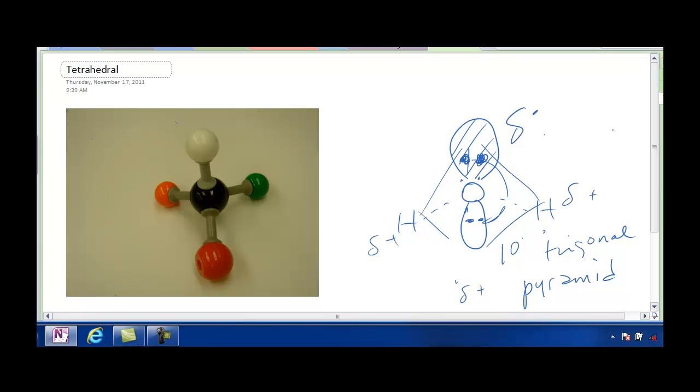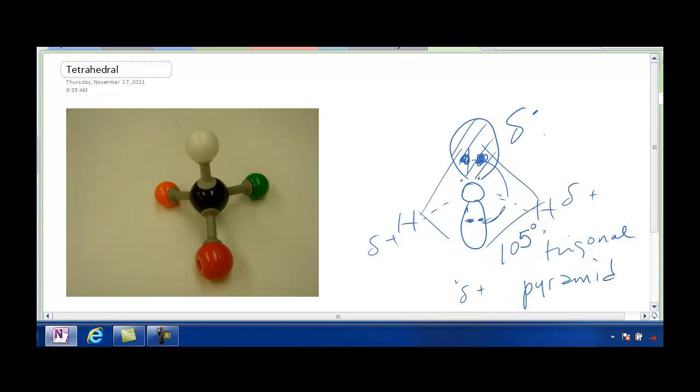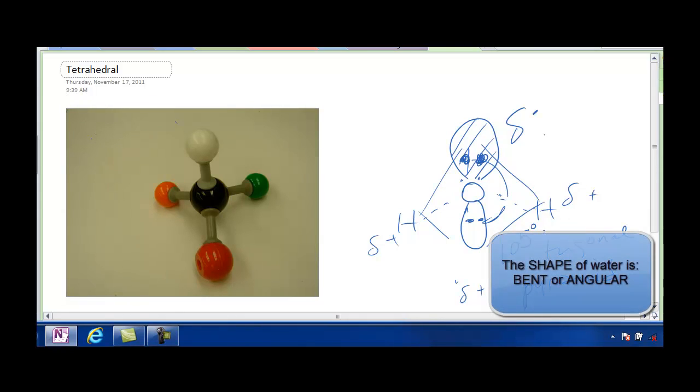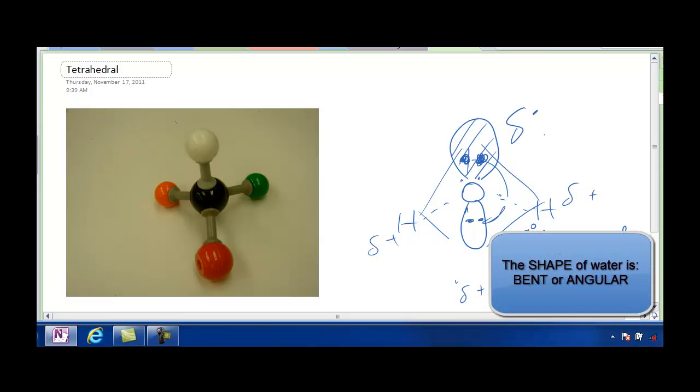It's not really 109, it's 109.5. It's not really 105, but 104.5. But if you remember 105, that'll be good enough. Okay, so now these 2 guys are above, and these 2 guys are below the plane, if you could visualize that one. Okay, so I'll show you a model. This is my tetrahedral, carbon, HHHH. If I remove 1 hydrogen, that's ammonia, nitrogen, HHH. 1 lone pair, and these angles now are not going to be 109, but this guy is squishing them more,